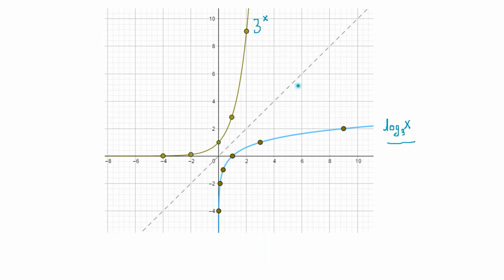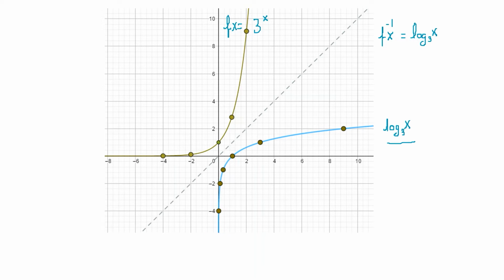It is symmetrical because the function f of x equal to 3^x is actually the inverse of my log x to the base 3. So I could now say that f of x inverse is equal to log x base 3. So in future then, when I want to graph a log function, all I need to have